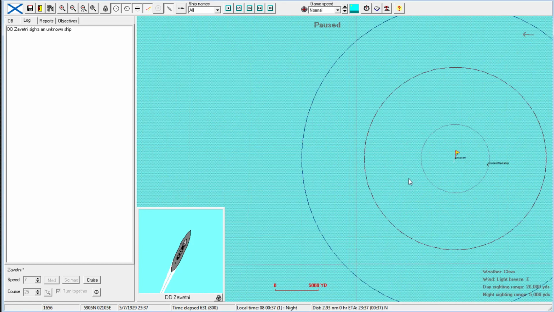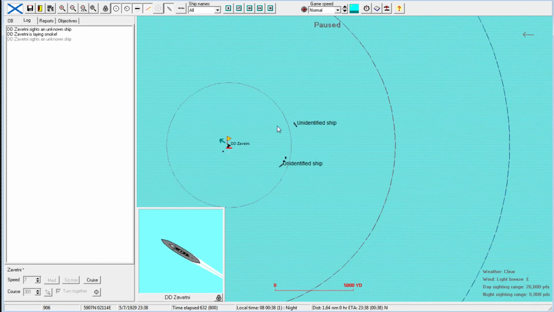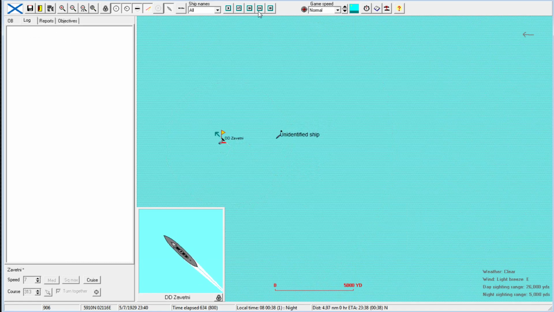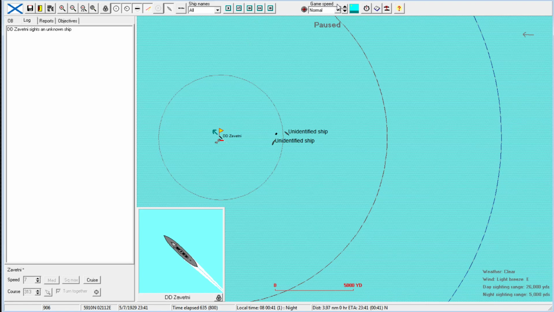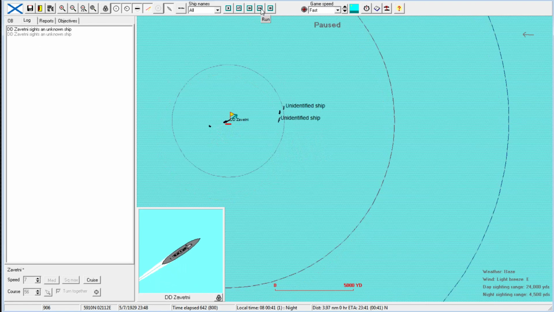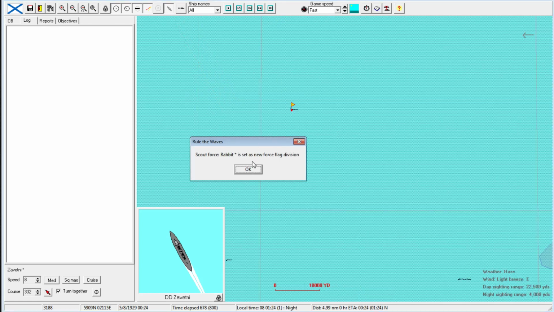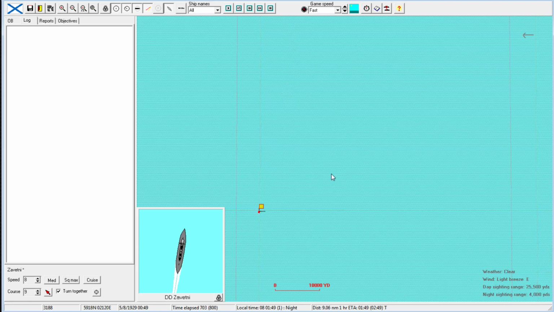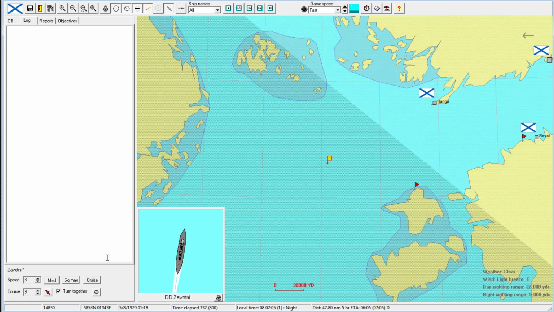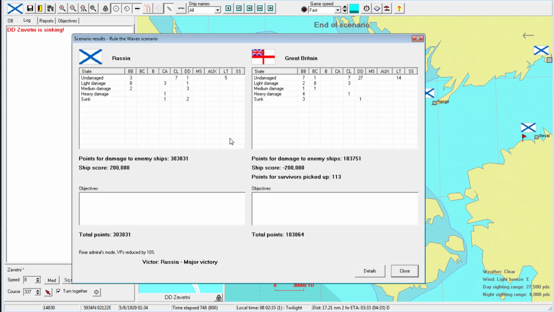Oh, you sighted an unknown ship. Well, let me tell you, buddy. You probably shouldn't have been out here. You don't have any torpedoes left anyway. You're... okay. You're not going to make it. Worst thing about this is you're going to cause me to slow down the game. Okay. Now I can control her. There. She took her a long time, but...